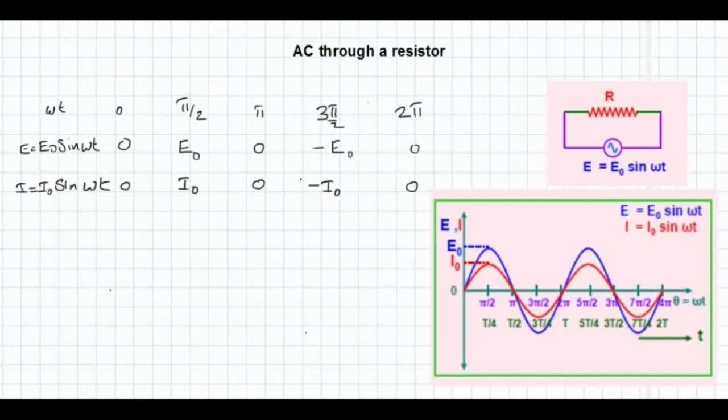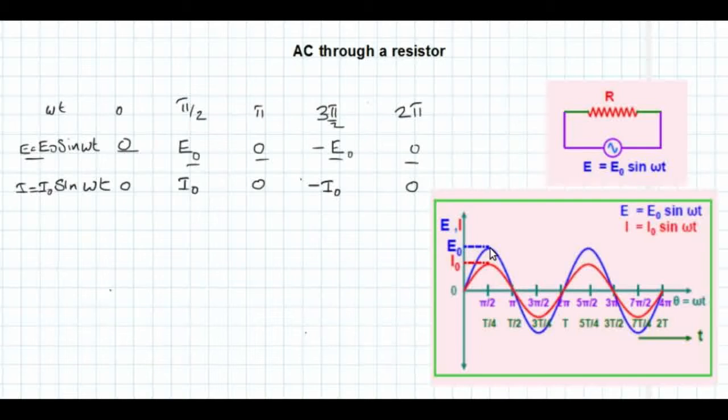We can see that the variation of E and I are similar, right? Whenever the EMF E increases, current I also increases. The blue color graph is that of E, and the red color graph is that of current. So when EMF increases to the maximum value E0, we can see that current is also increasing to its maximum value I0. So when EMF is maximum, current is also maximum.